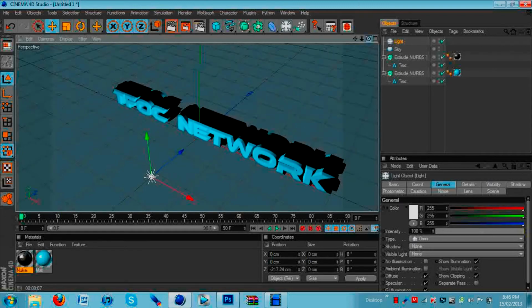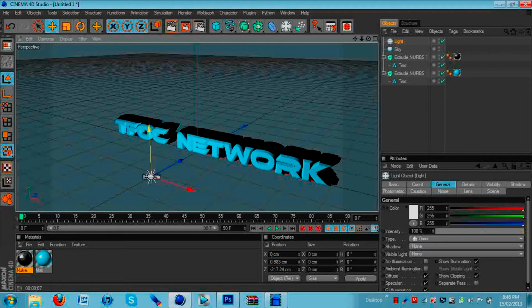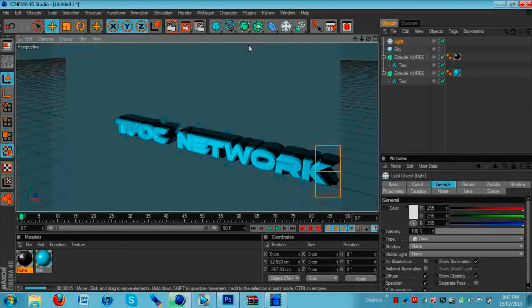Just change the view. And just move it back. See how it looks. Alright, I think it looks fine now, so